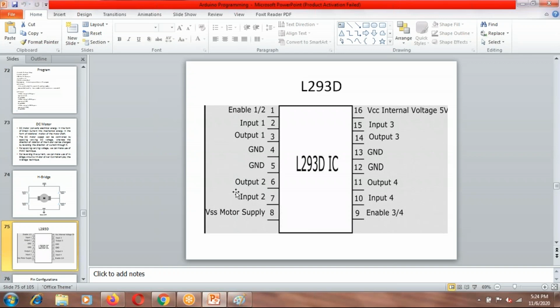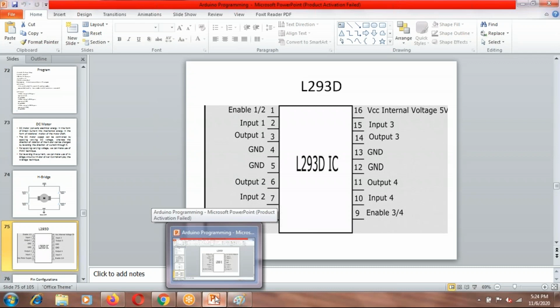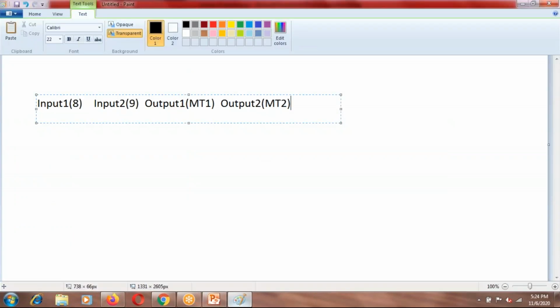A motor has 2 terminals. You can drive the motor by connecting one terminal of the motor to a high level, meaning 5 volts, and the other to the low level, that is the ground level. That is what we are sending from Arduino when we are programming it. So these are the conditions, and you can write what motion it will give you when you give some signals, high or low levels.